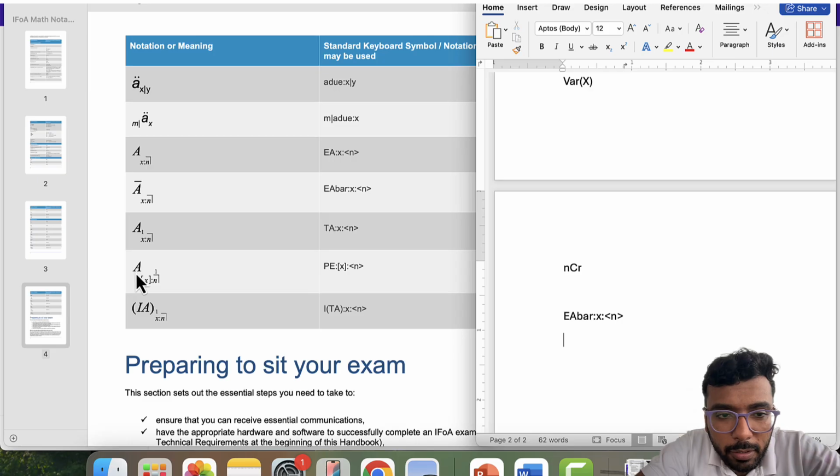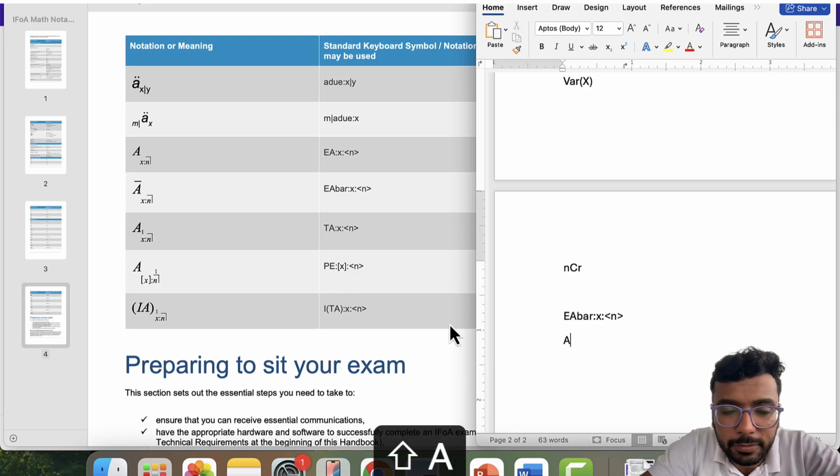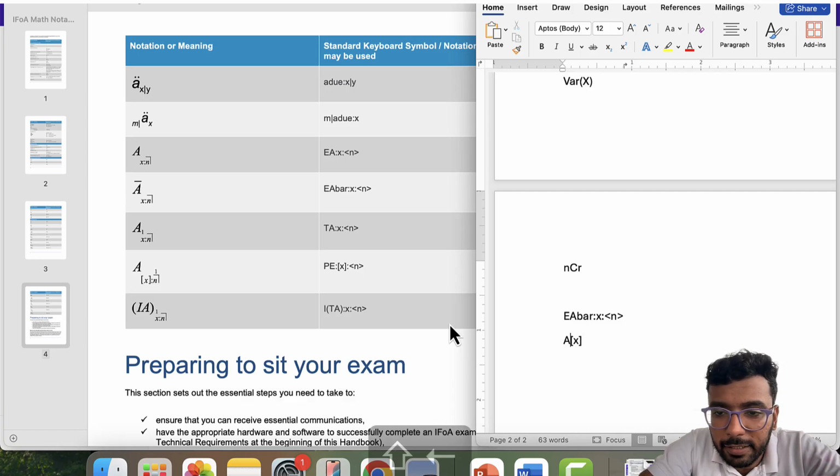Then you have your term assurance, because this is X1N, so they write TA. This is your pure endowment, so they write PE, right? So whatever is the kind of contract, you use those initials. Okay. Here it's a select status, so they are using this bracket around X. Okay, so it is A